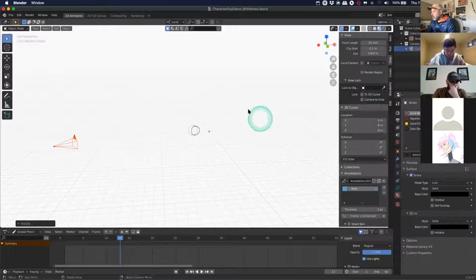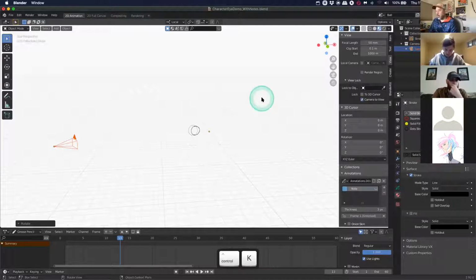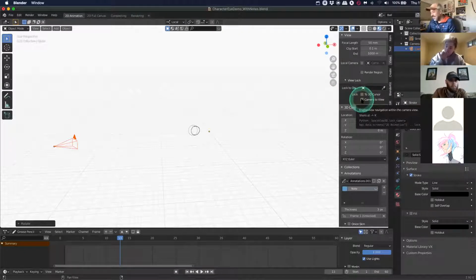Oh, so I already set a shortcut for this. I think mine is Control K, right? Yeah. So I set Control K as my shortcut for lock camera to view. Because I know that Control K, I think, is not really used for something else. That's kind of one of the problems with the shortcuts, is sometimes you don't want to assign a shortcut that's really important for something later on. But whatever. Live on the edge. You can always reset. So